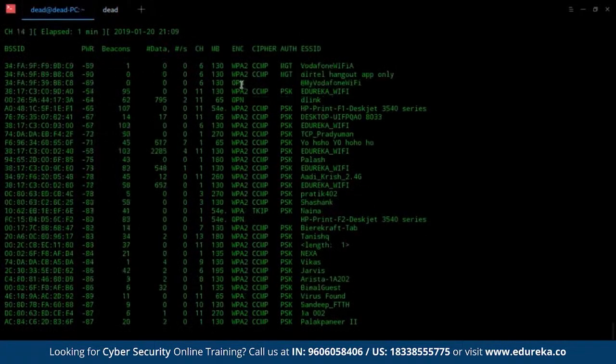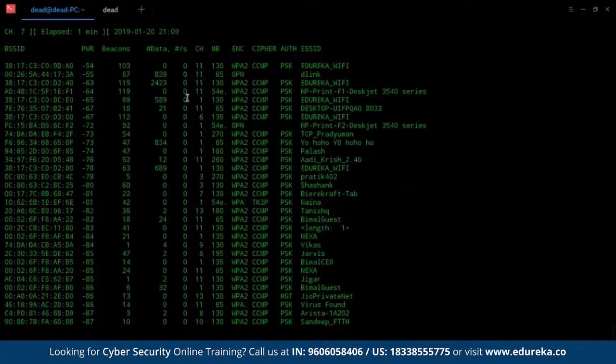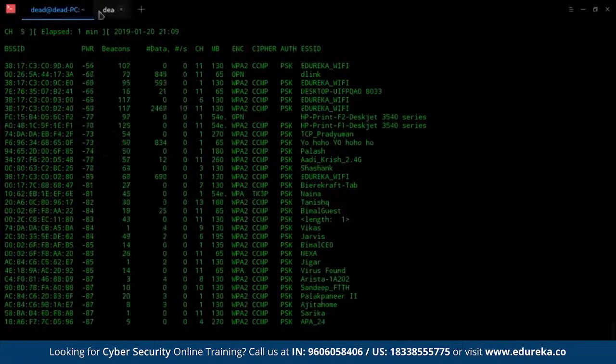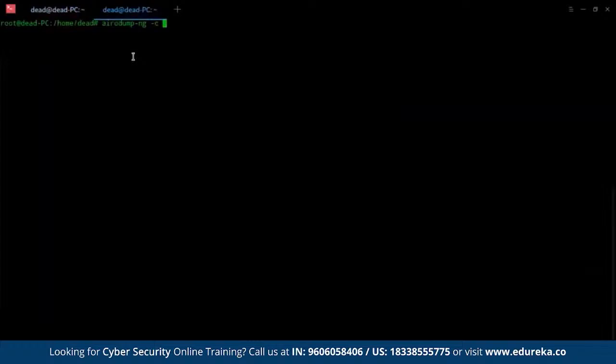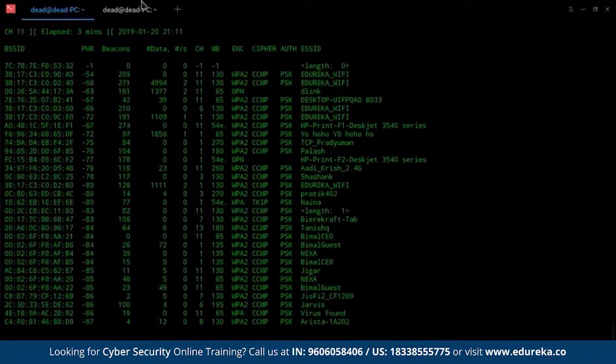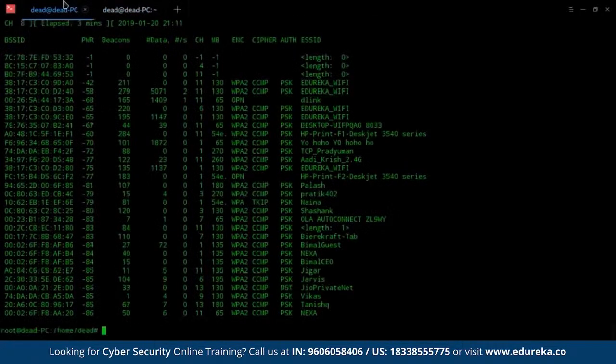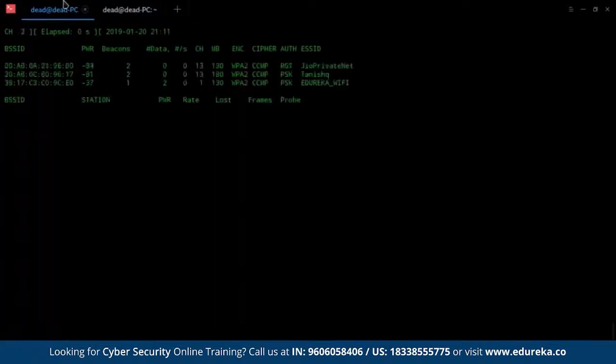We also have to specify the channel. So let's see what the channel is. The channel is channel 6, and we specify the channel with the -c flag. After you have identified the MAC address, all you need to do is copy it down and place it after the BSS ID flag. Okay, so we're going to run our command here, and our file is going to be called test.capture.